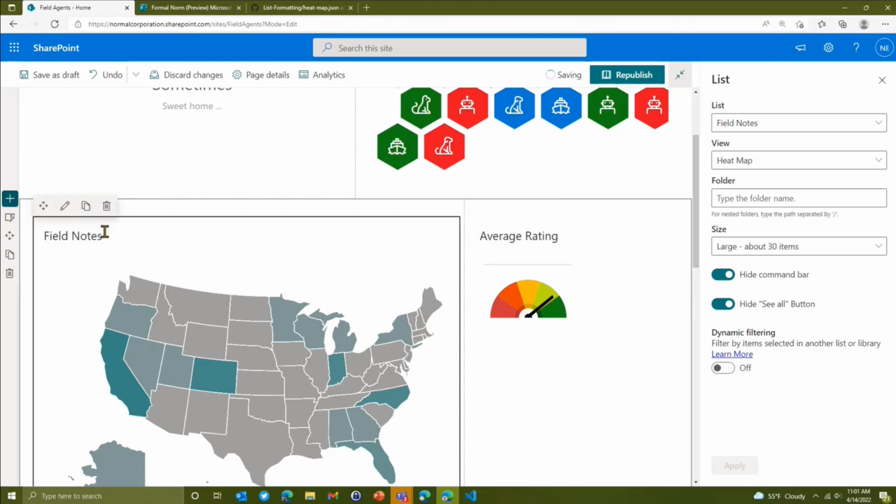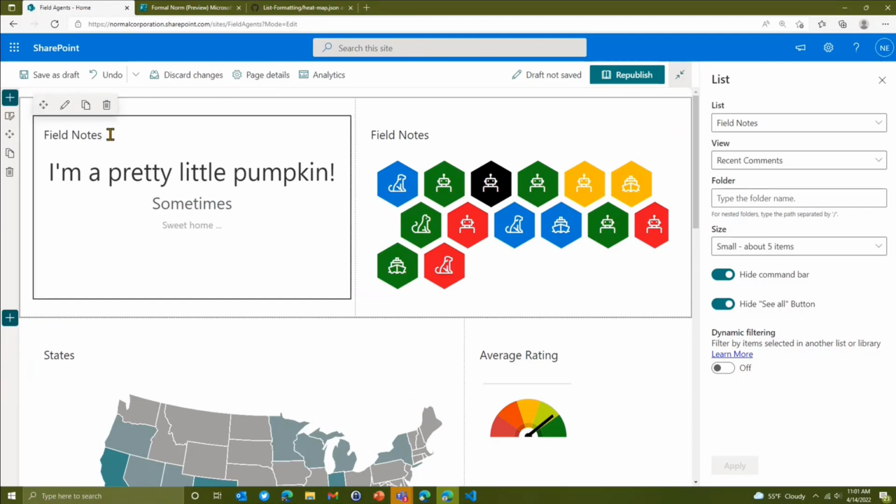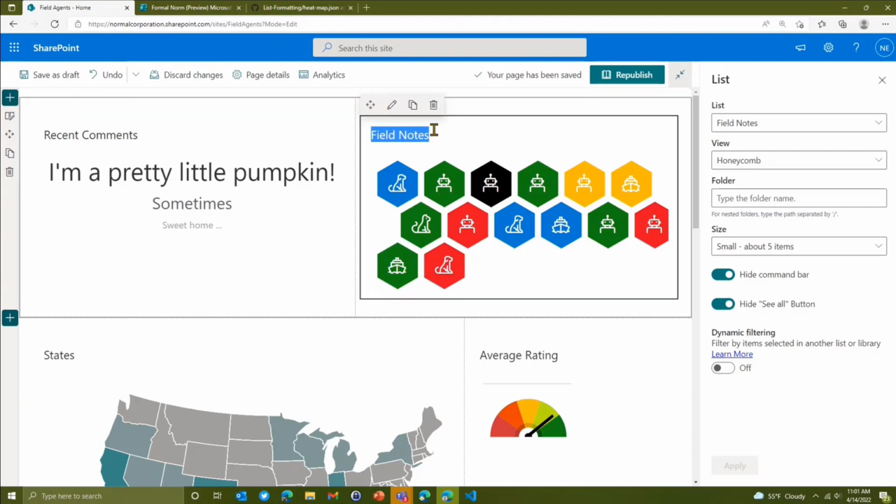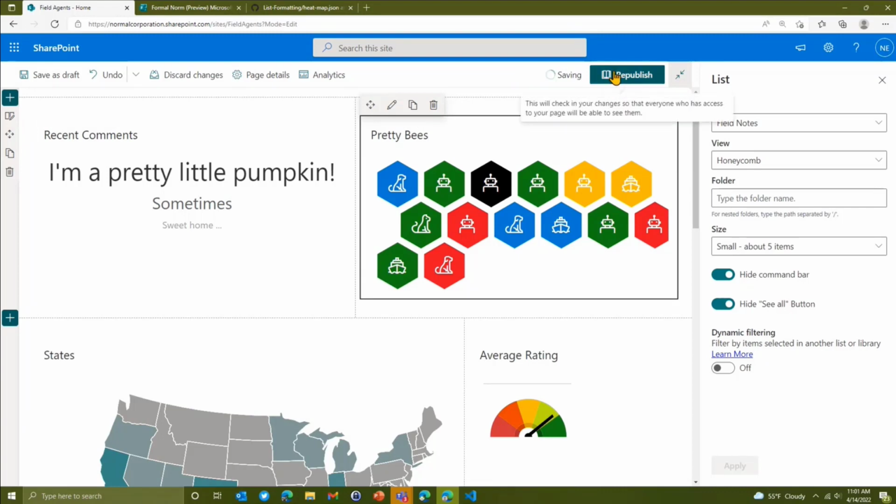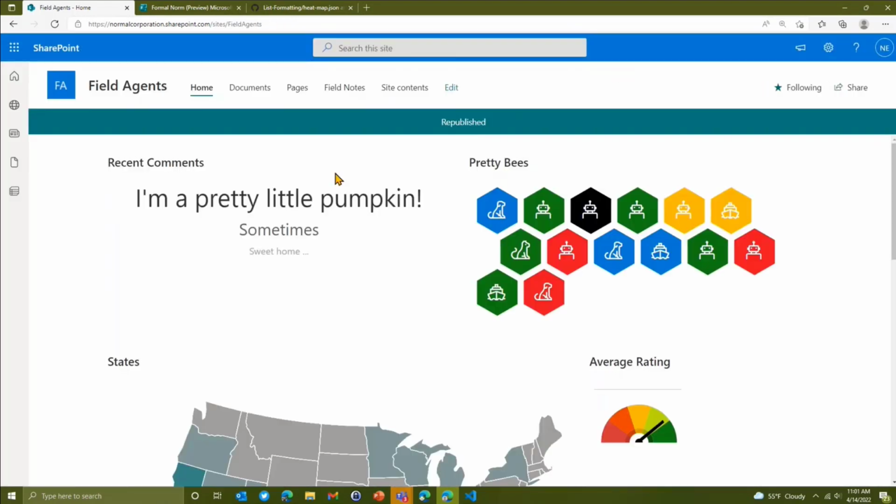We'll call this states, and so on, right? So we can have all these as recent comments. And then we'll make this as PDVs. There we go. But the idea here is we've taken a single view of a list that's coming in from forms, right?